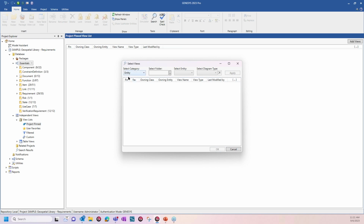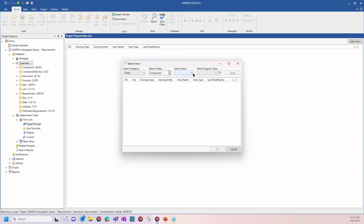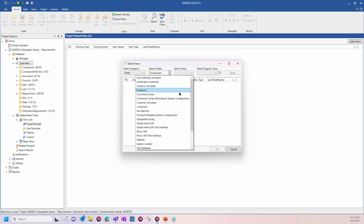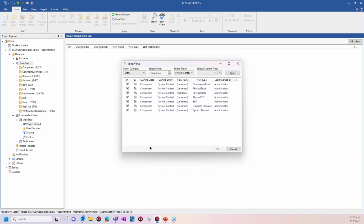In this case, I'm going to select the category entity. I'm going to select a particular folder, and in this case, it's going to be the component class folder. And I'm going to select a specific entity. And for the purposes of the pin list, I've selected the system context, which is our top level of our model. And if I apply that filter,